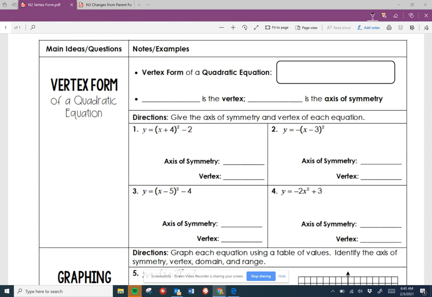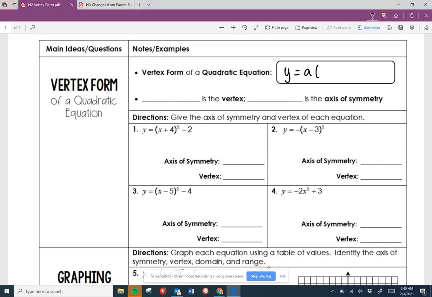Today we're going to be talking about how to graph quadratic equations in vertex form. Previously we used the standard form and we're going to learn the second form today. So starting off, vertex form of a quadratic equation is y equals